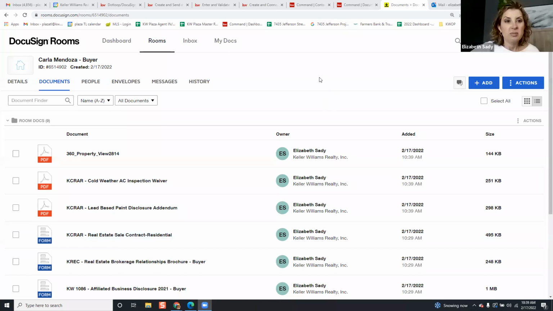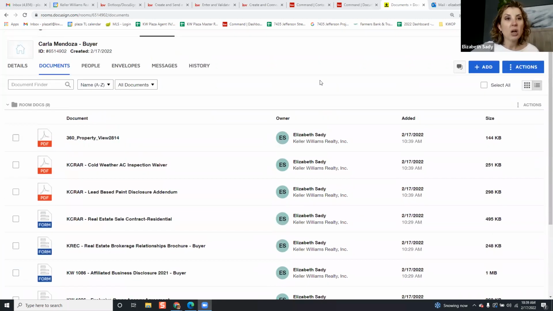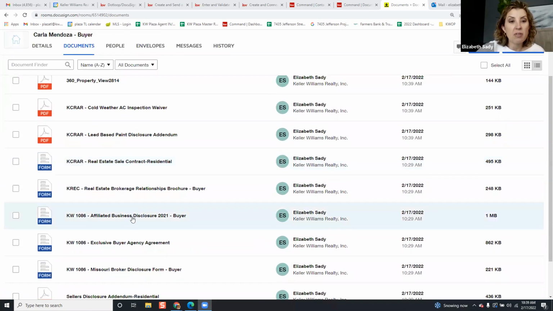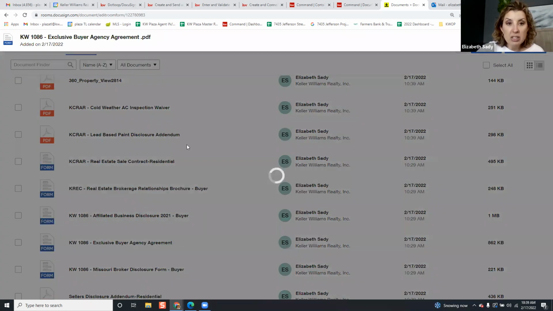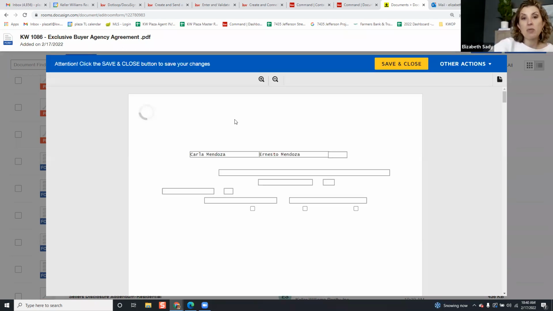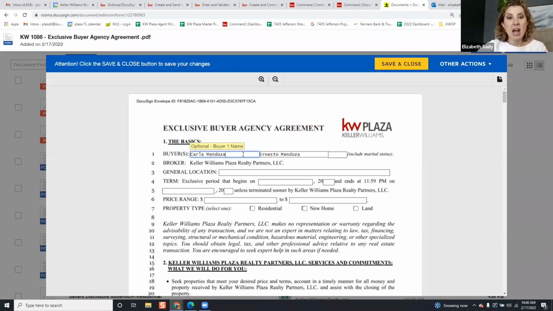All right. So from here, again, we have a two-step process here with DocuSign. First step is completing the documents. You're going to do that here in the Documents tab. So we're going to need to sign and fill out our exclusive buyer agency. And so I'm not going to do this fully in the essence of time, but again, we're going to add that